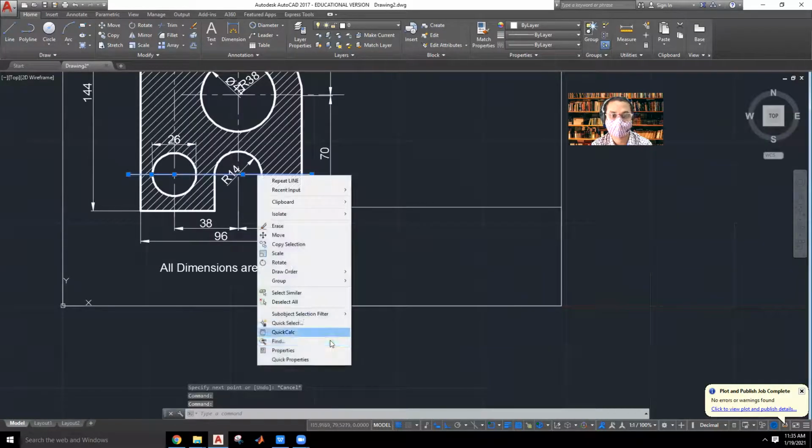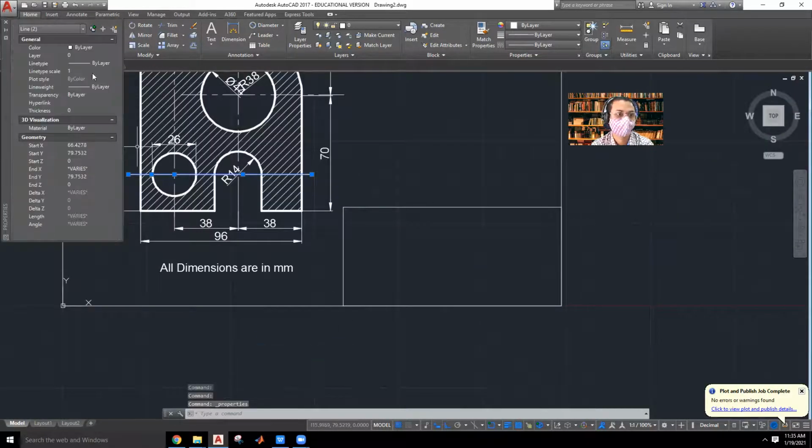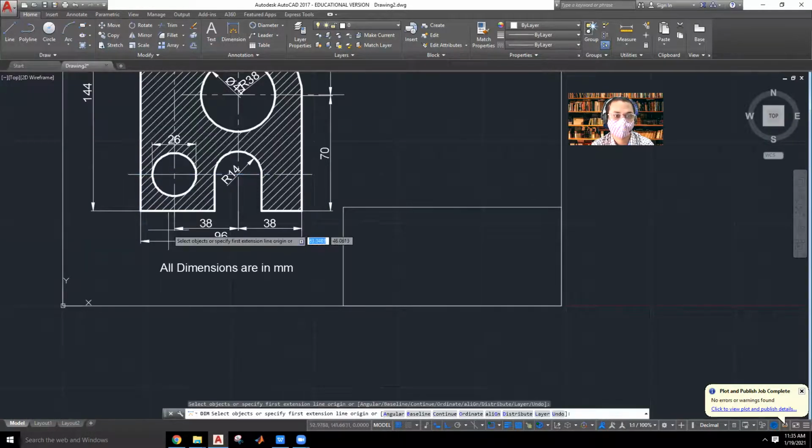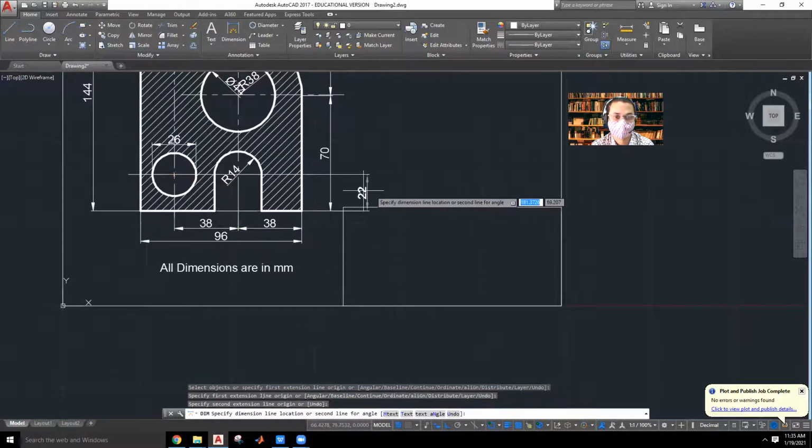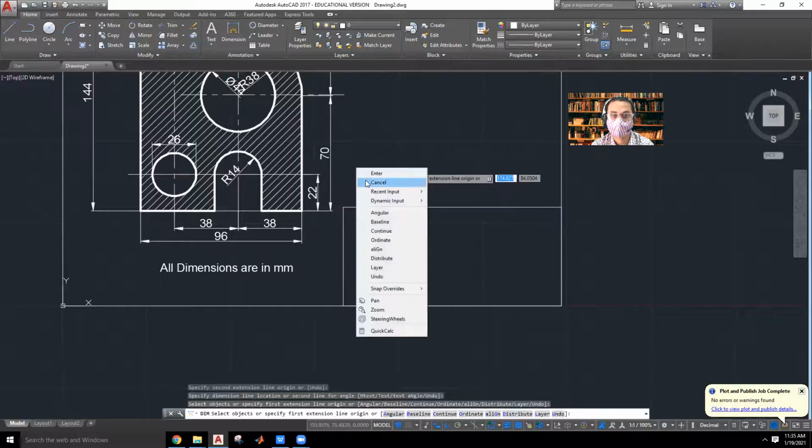I'll make it as axis line. So line type, I'll make it as center. Click on close. So now I'll give the dimensions, so that it will be exactly 22.